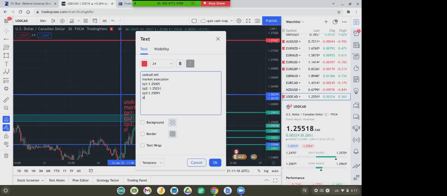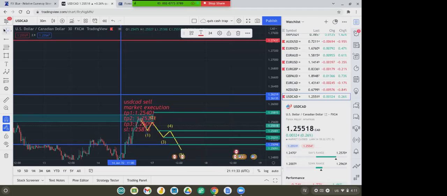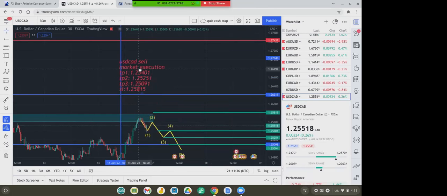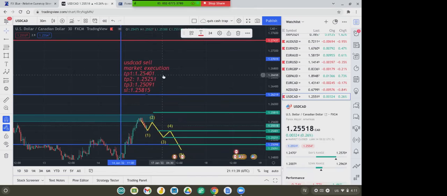Stop loss is 1.25815. That's the stop loss. All right. So boom. USD, CAD, sell, boom. That's for market execution. Now how you would do a sell limit, you do